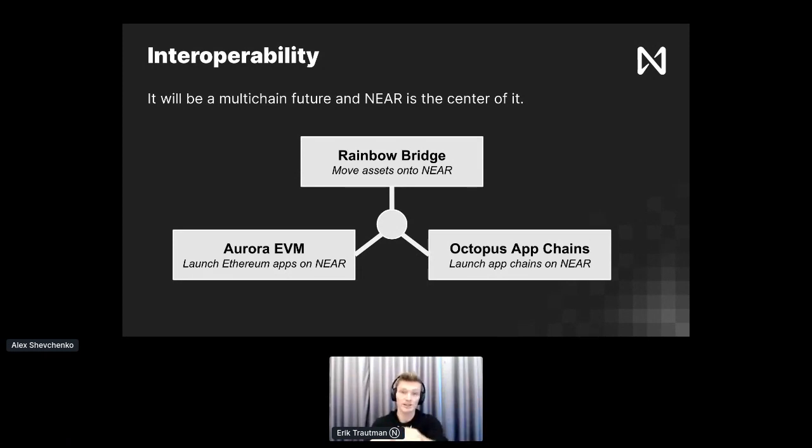three main areas. One of them is bridges, which allow assets to transfer to and from Near, not just assets, but also function calls and things like that. So below the surface, it allows these chains to interface with each other in a way that the consumer doesn't even necessarily have to think about. Then you also have the ability to run new types of applications on Near. That's where you get into how you run EVM on Near on one side, or how you run app chains on Near, like app chains based on Substrate. There are separate efforts making that happen as well. So the goal of interoperability and of all these individual initiatives, and the way they sum up, is making Near this hub of interconnection. If you go to the next slide,